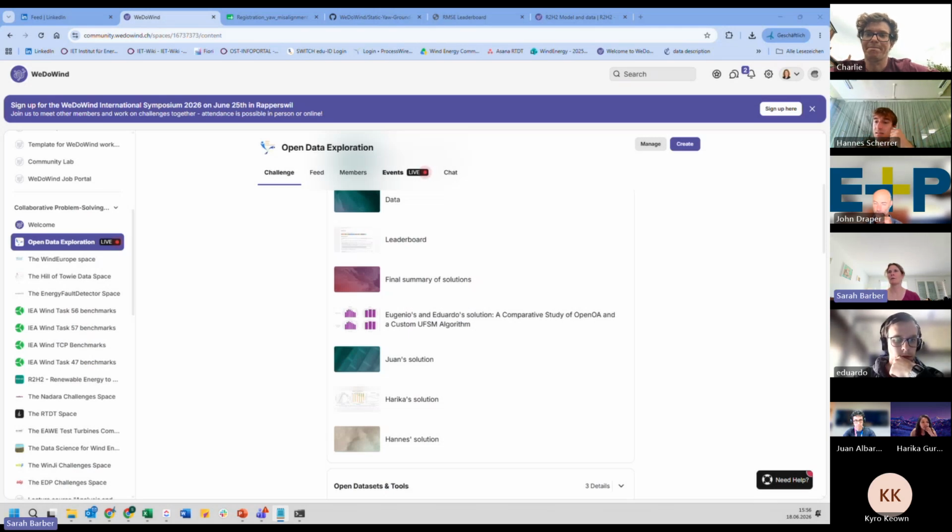I guess we've concluded that OpenOA is extremely sensitive to outliers or any dependencies on wind speed, and that it doesn't necessarily work very well. That's what I heard from you all.